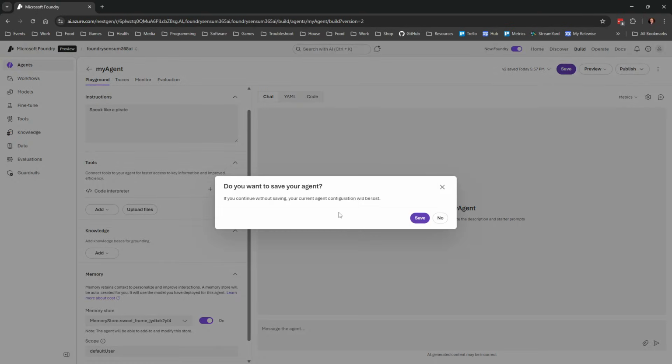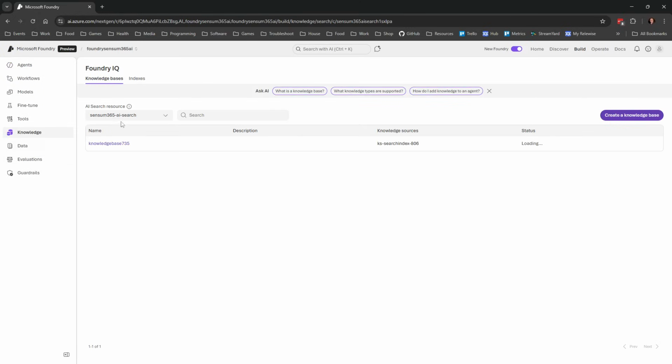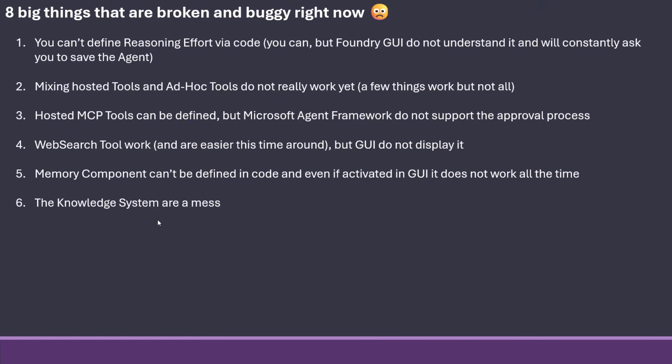The entire knowledge section here is rough to be honest. And it's mostly built on AI search, which is a really expensive resource to run at the same time. So I would probably not use it in real life anyway. Disclaimer, I haven't looked endlessly into it, but when I can't even use this GUI to set it up, then there is something wrong, and you can't set it up in the code either.